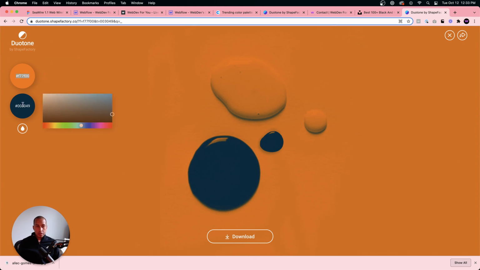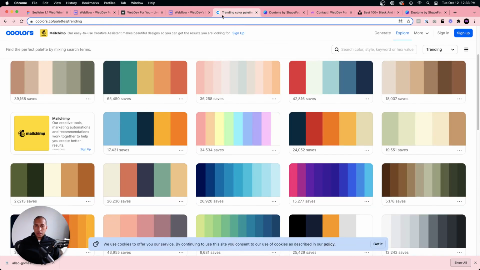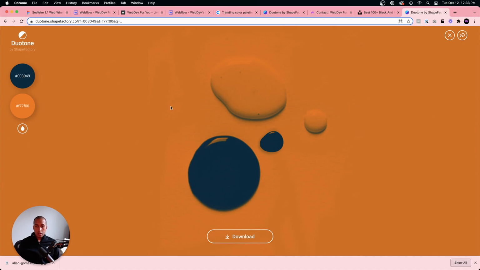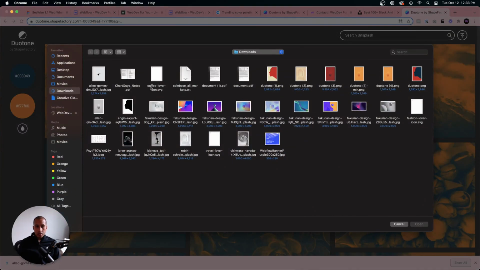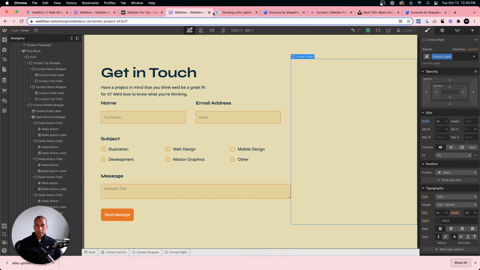I'm not really liking this picture so much. Let me try to invert it. So orange and blue. No, still don't like that. All right, I'll just use the image that I had initially, if I can find it now. Here it is. So I use this image. Yeah, so that's how I got this here.